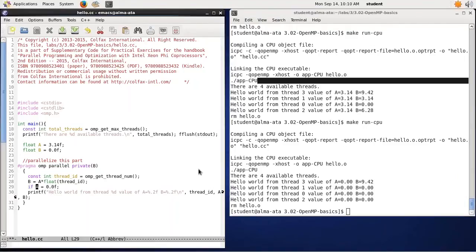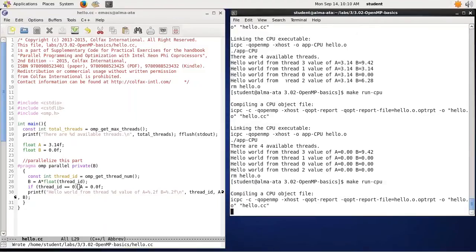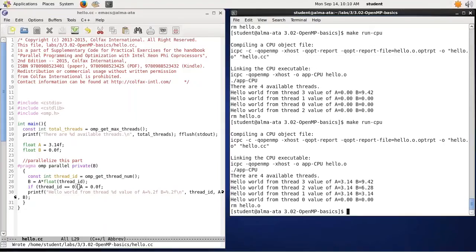Let's do that. If thread ID is 0, then I will do that. So only thread number 0 will change the value of this variable. In this case,